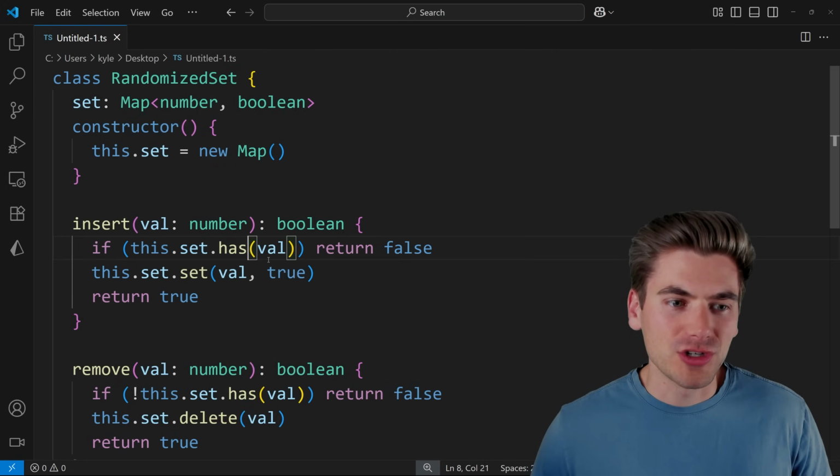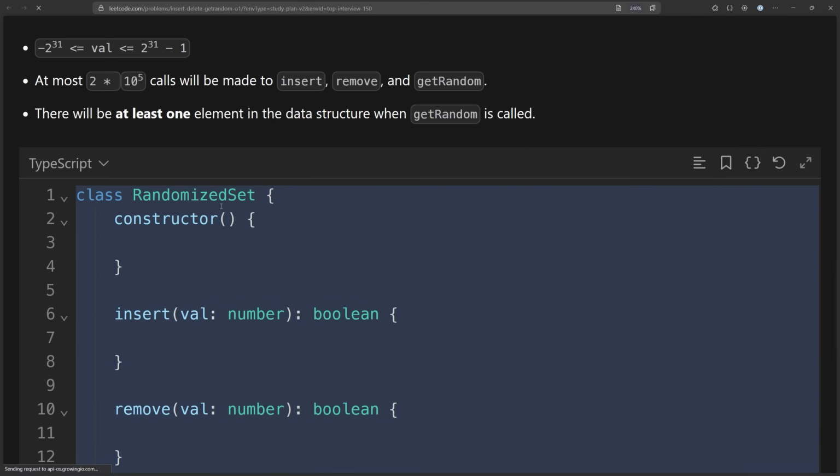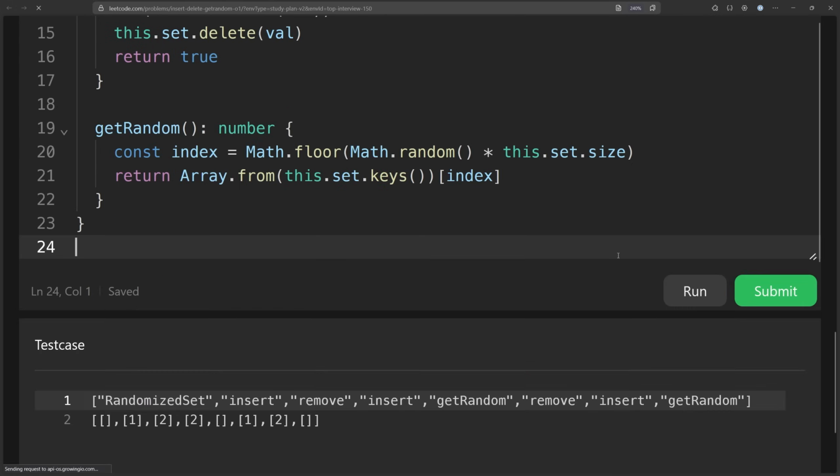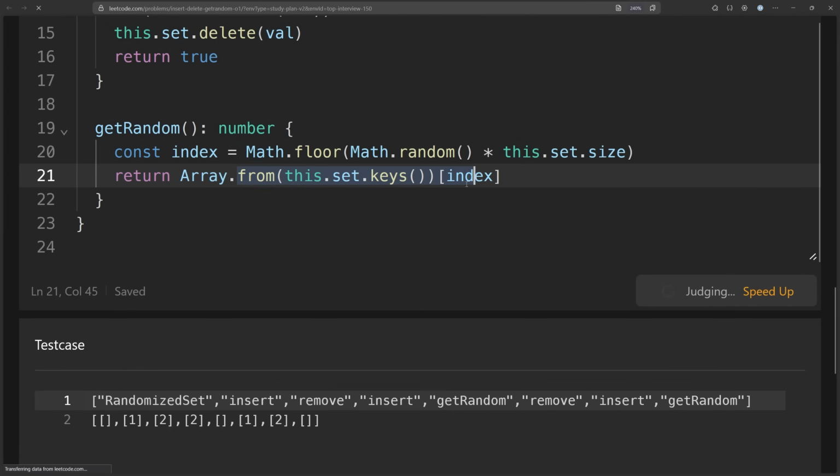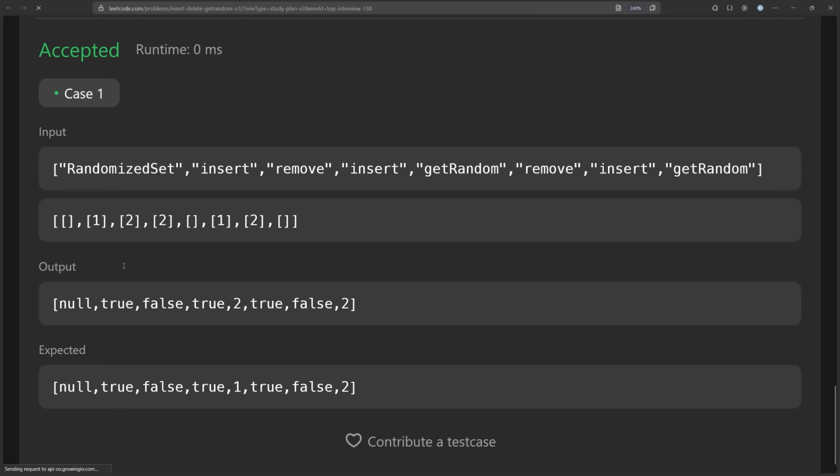So hopefully that'll actually do what we want it to. I don't actually have hopes that it'll be the most performant. I think actually using a map was a mistake in this particular case, just because of the fact it returns an iterator, which adds some extra array related stuff that we had to do here. So I think doing it with objects may be the better case,